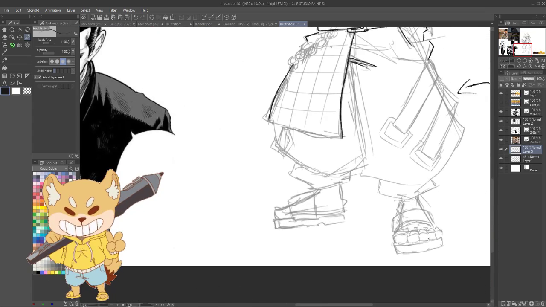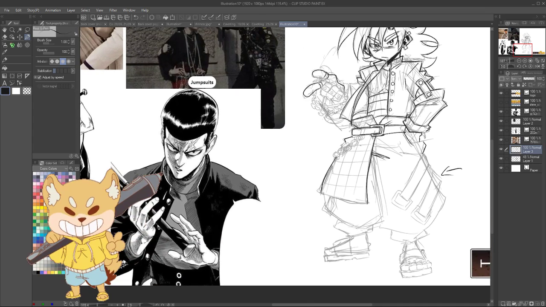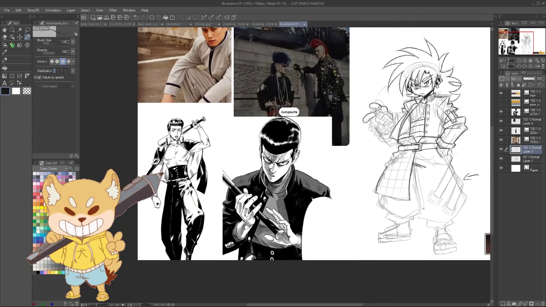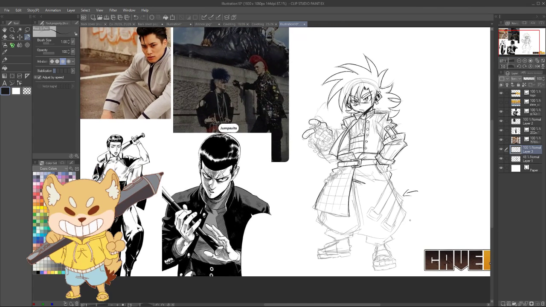Like the sandals, I just added the sandals because I didn't want to draw some boot, even though it probably would have been better to draw a boot. I gave him sandals because it looks more wacky. Like, okay, this dude is wearing all this gear and then he just has sandals on. It's kind of silly, but yeah,